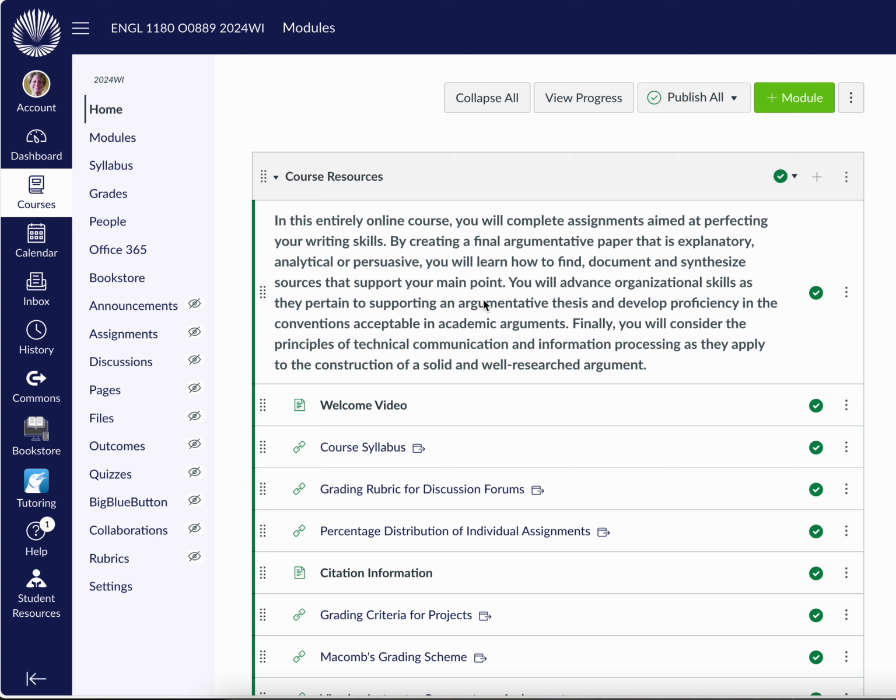Whatever your reason for being in the class is, this is our goal, to just kind of get ourselves back into the mode of writing and think of what writing looks like in an academic setting.